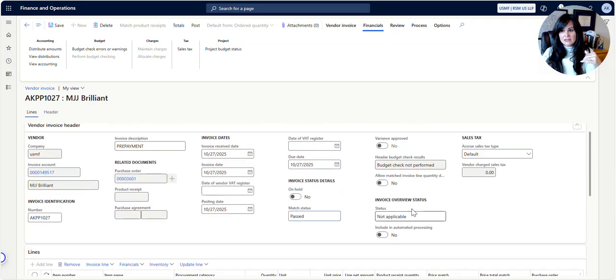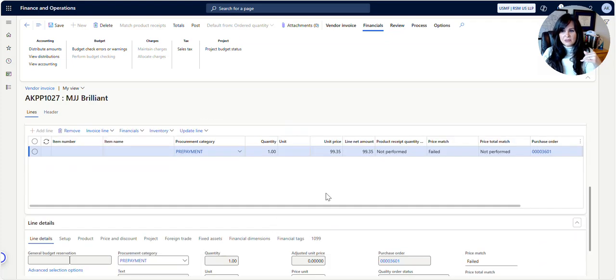That's okay because this is passed. It's just simply telling you that it did not do the check here. All right, so now you'll notice that if I was sending this through workflow, I would send it through workflow like normal. For the sake of time, I've turned off workflow, but I do have the capacity to go ahead